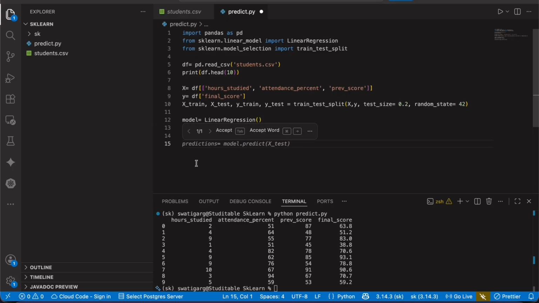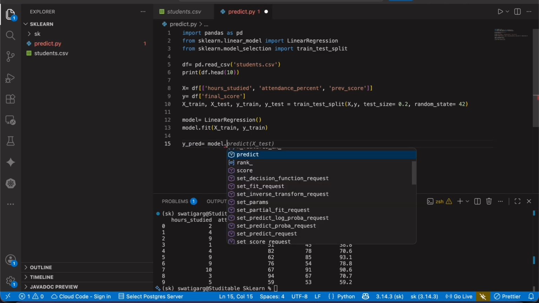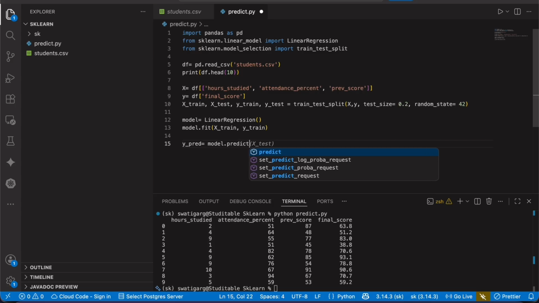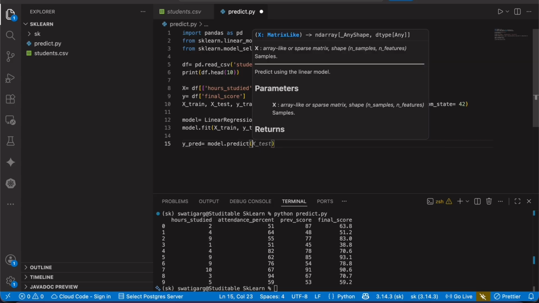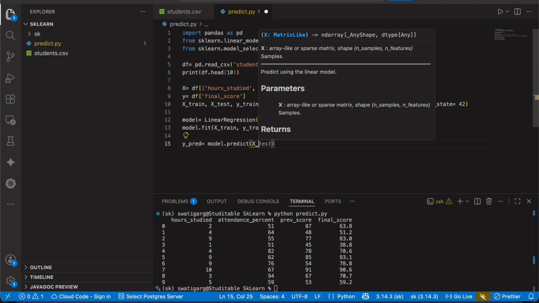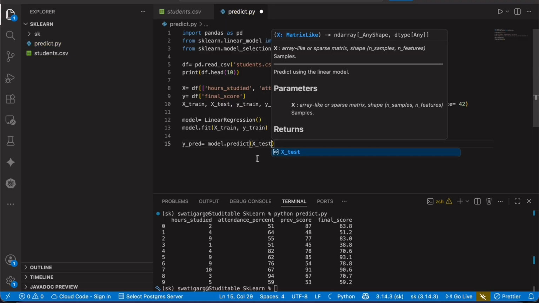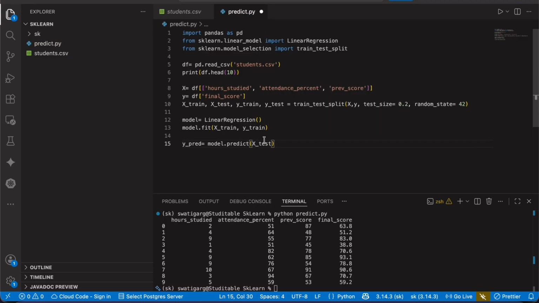And now to evaluate, we will use the variable y_pred here. y_pred is equal to model.predict. So the function of model, and inside it there is a function called predict, and here we'll use the variable X_test. So whatever values we have in testing, we use that to predict.